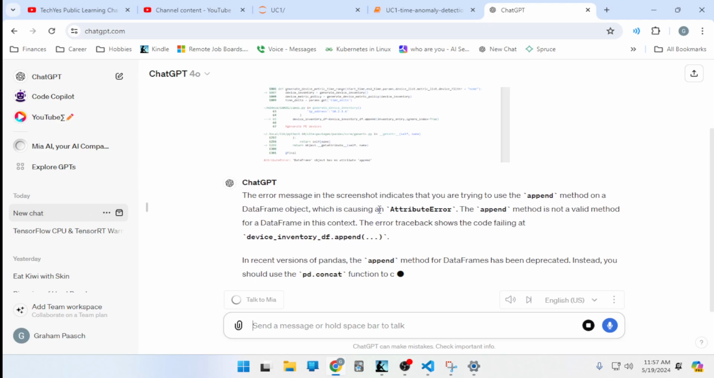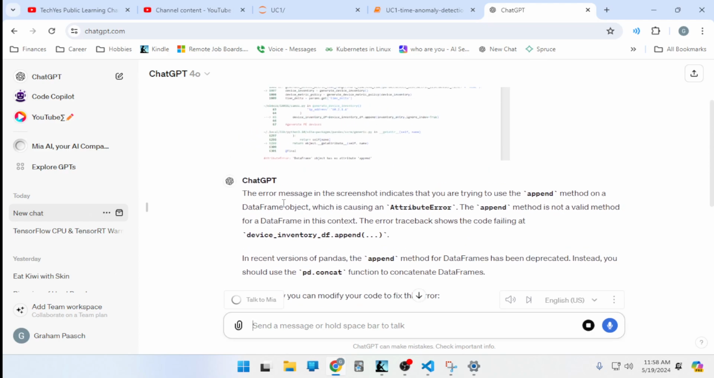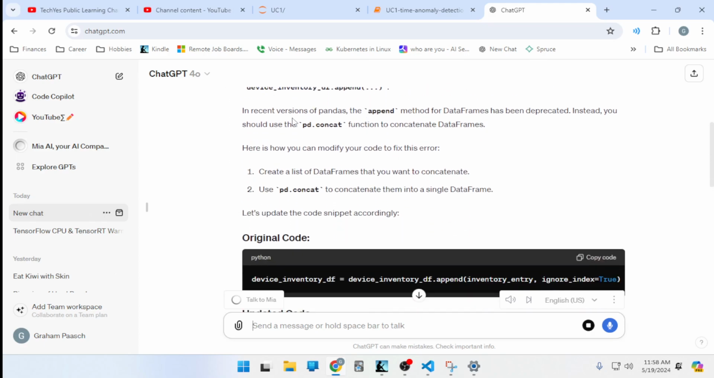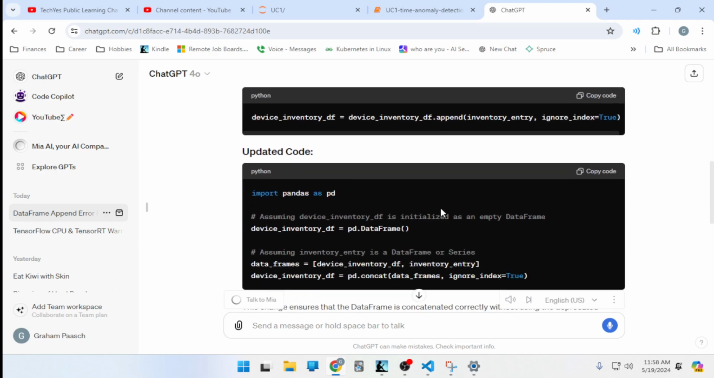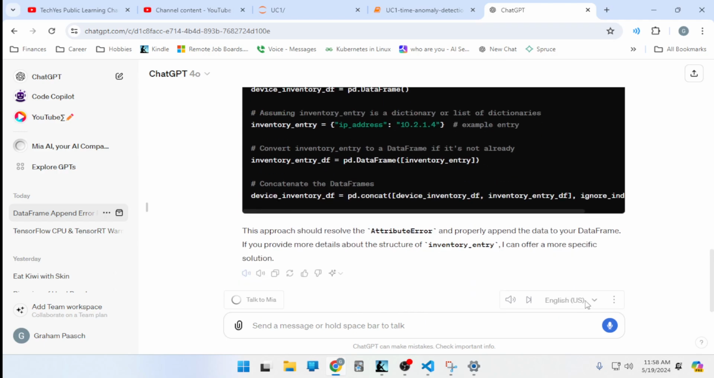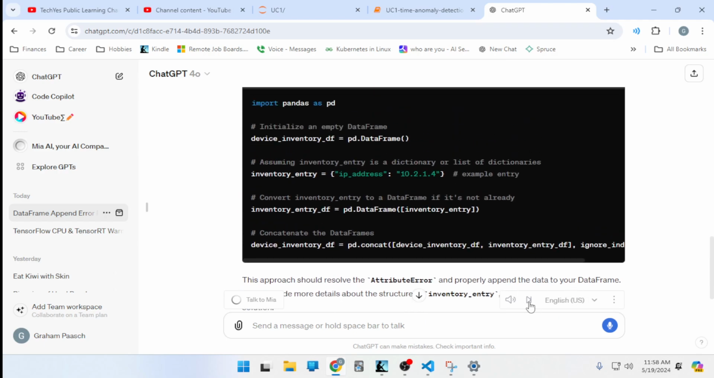The error message in the screenshot indicates that you are trying to use the append method on a DataFrame object, which is causing an attribute error. The append method is not a valid method for a DataFrame in this context. The error traceback shows the code failing at device_inventory_df.append. In recent versions of pandas, the append method for DataFrames has been deprecated. Instead, you can use the concat function to concatenate DataFrames. Here's how you can modify your code to fix this error. Create a list of DataFrames that you want to